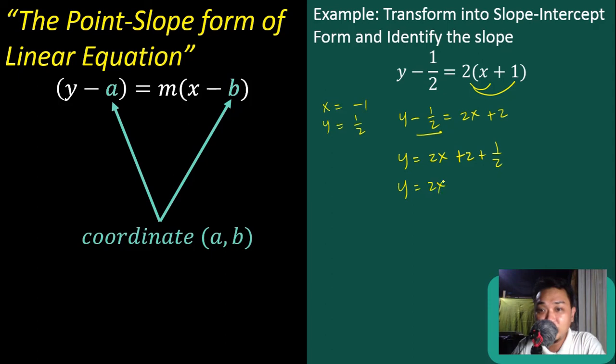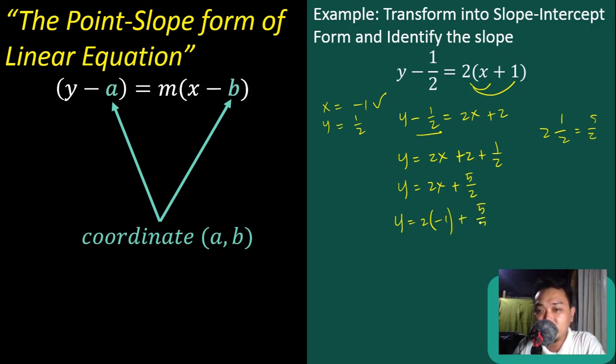So you have 2x, 2 plus 1/2 is 2 and 1/2, and then translate it into improper fraction, that is 2 times 2 is 4 plus 1, 5. That is the same as 5 over 2. So positive or plus 5 over 2. Now, if the value of x is negative 1, will the value of y become 1/2? Let's try. So, y is equivalent to 2 times the value of x, negative 1,